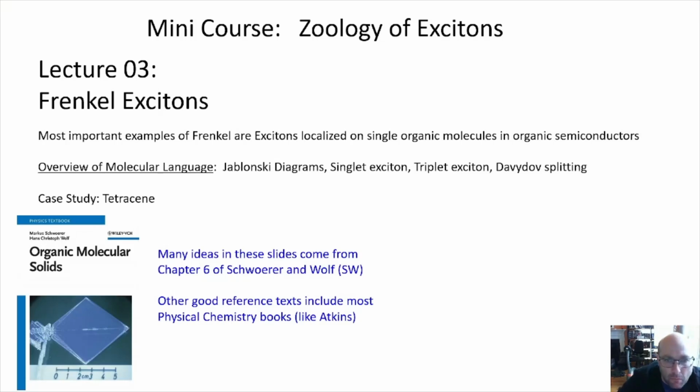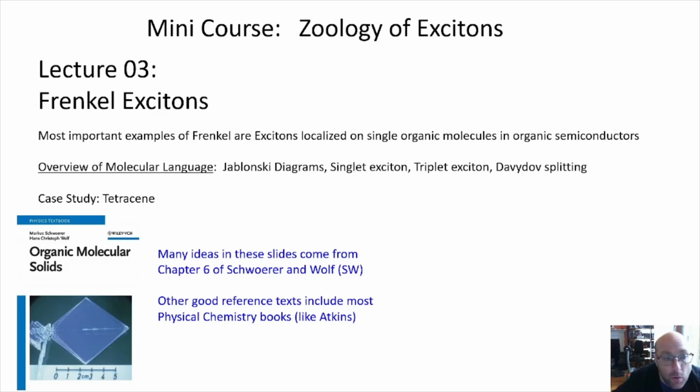The third topic in this mini course on the zoology of excitons is Frenkel excitons, a brand new species, if you want, of excitons compared to the Wannier ones that we talked about previously. And the most important example of Frenkel excitons are excitons that are localized on a single molecule. And I'll make the case that single organic molecules in organic semiconductors are really, really important examples that